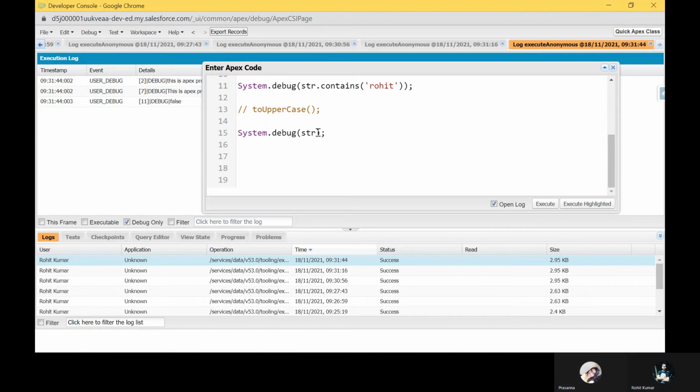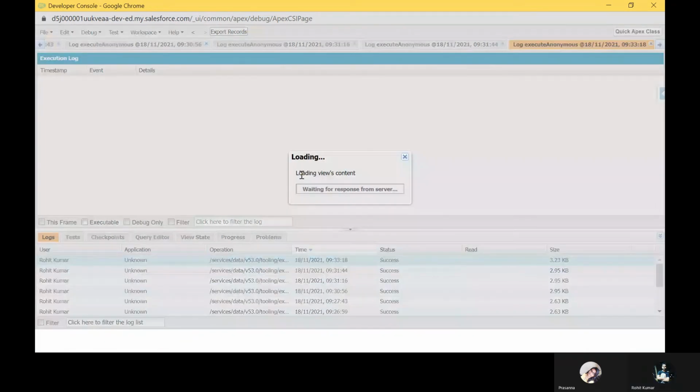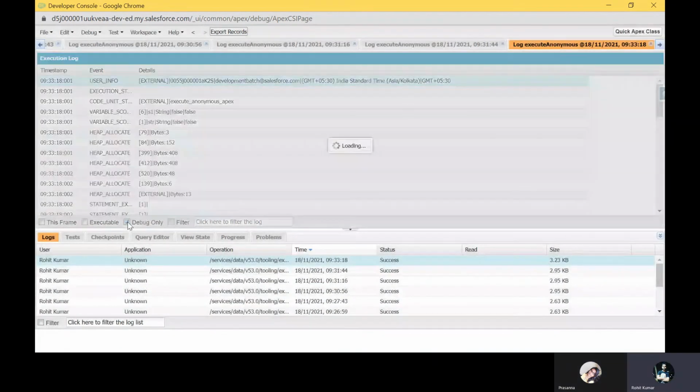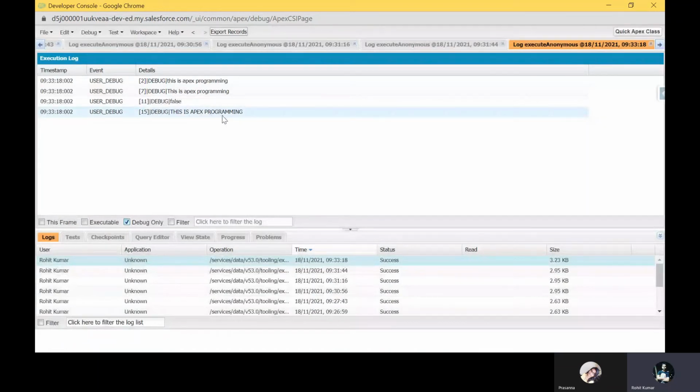So we have this is Apex programming, and then you can put your dot notation and use the toUpperCase method. Just execute, and you can see the whole string is capitalized automatically. If you want to make every letter a capital, always use this toUpperCase method in Apex.